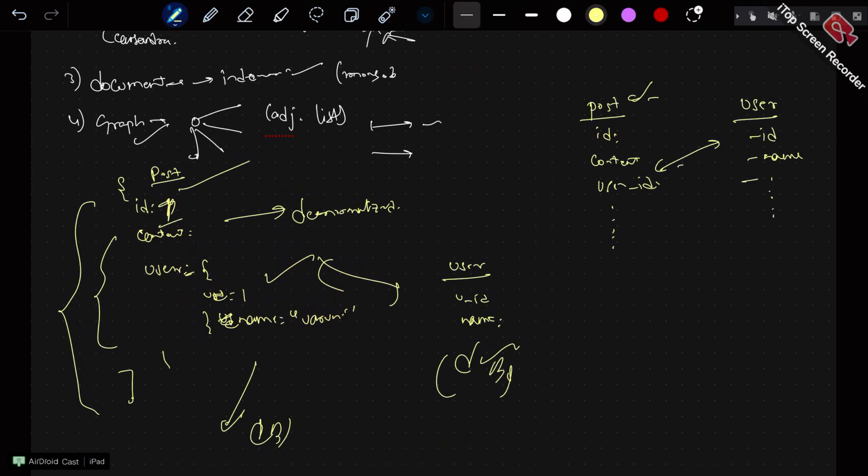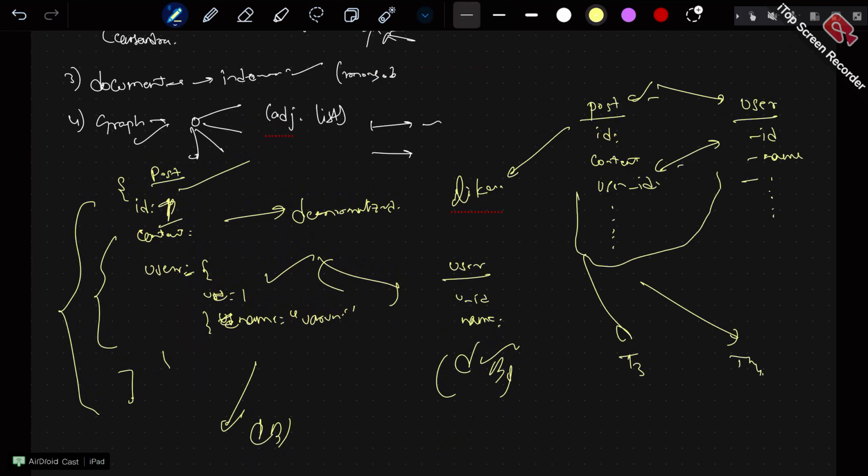For example, for getting the post, you are joining users data, you are also joining the likes table to see how many likes there are, you are also joining some other data tables, t3, t4, right? If you see that you are doing a lot of joins, that is also fine. Now the problem arises when you have the data residing on different data nodes. This is node 1, this is node 2, different databases. This one contains users, and this one contains posts, right?